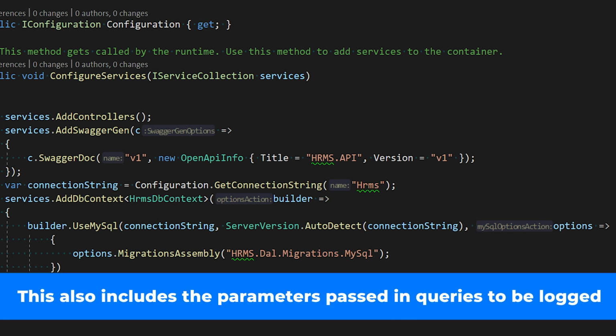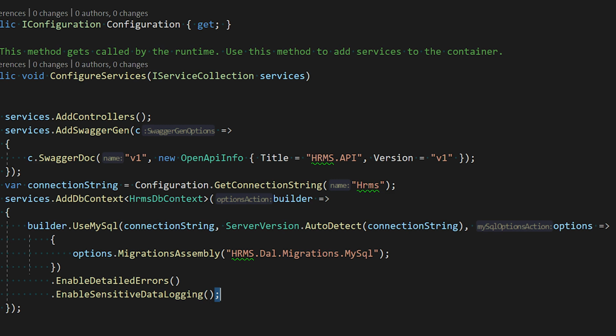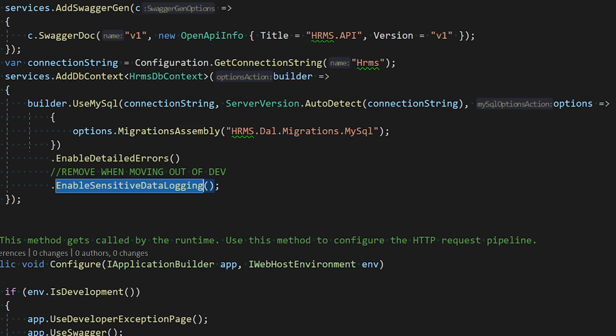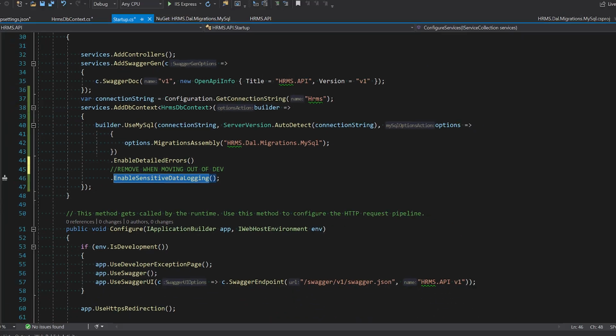So for the scope of this video, this is fine. But as we move into production scenarios, which we shall see, this should not be used. So that's pretty much what we are going to do from a startup perspective. We don't need anything here. Yes, so the configuration part is all done.